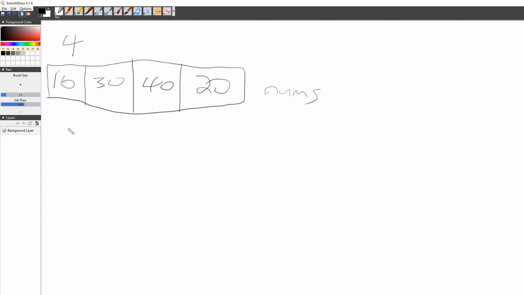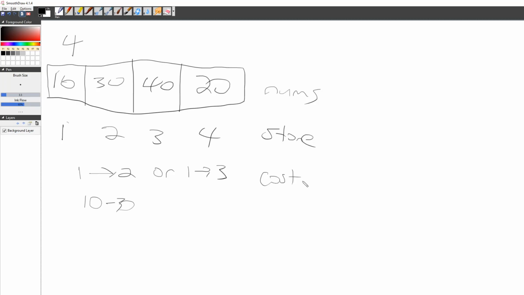Okay, and let's see. This is basically stone 1, 2, 3, and 4, right? From stone 1 we can either go to 2, or from 1 we can go to 3. And then say we go to 2 here. Okay, then 1 to 2 cost would be 10 minus 30, right? Because cost, as given in the problem, is absolute value of h of i minus h of j,